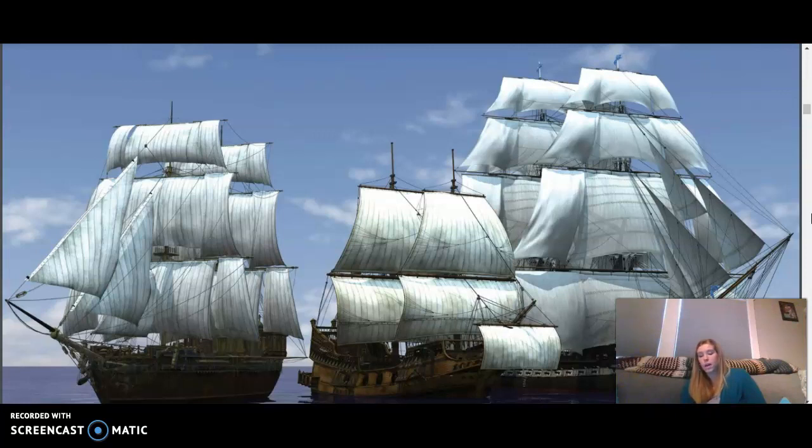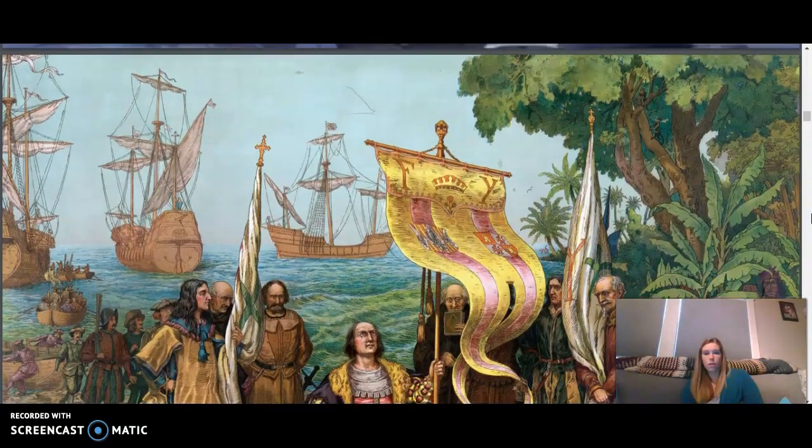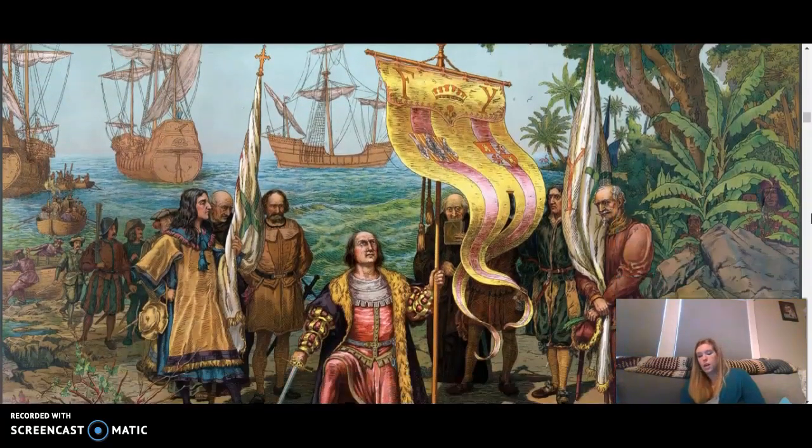Then one day a sailor sighted land. Columbus became excited. He thought he had reached Asia and the East Indies. In fact, he landed on one of the islands in the Bahamas off the coast of North America. Columbus and his men explored the island. They staked a flag and claimed the island for the King and Queen of Spain. They made contact with the Native Americans who lived there, the Taino.